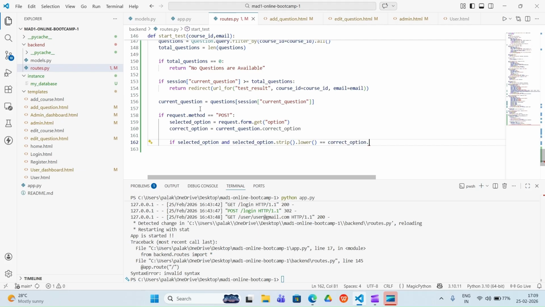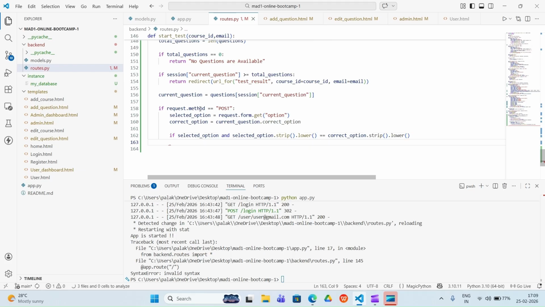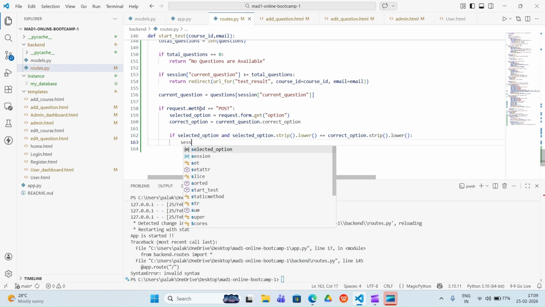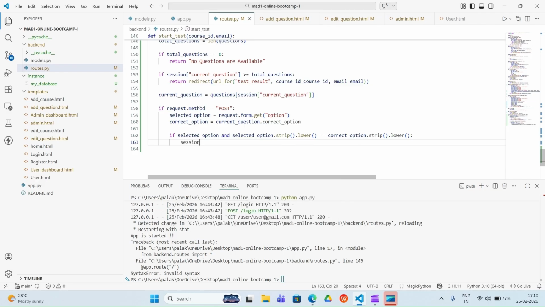Again, we do the same thing for the correct option also. So we'll write here dot strip dot lower. So if this is equal to this, then we have to reward the marks. Okay, so we'll write here session score, and we'll append it to be 1.